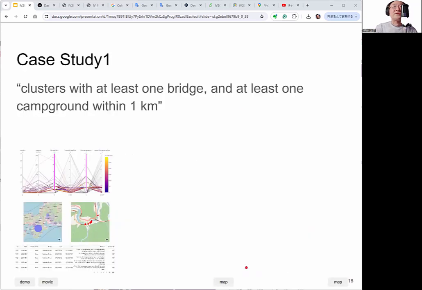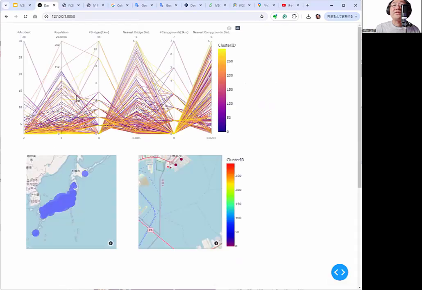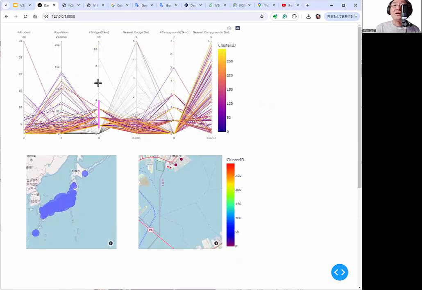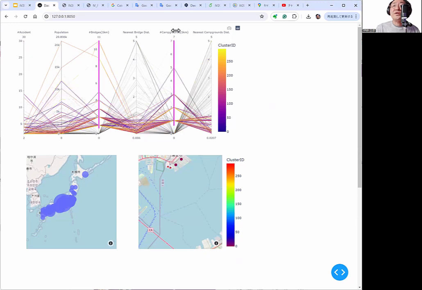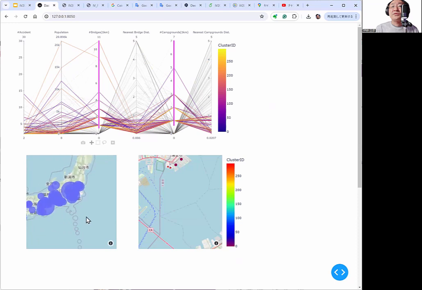So I'll show some case studies. First one, we select clusters with at least 1 bridge and at least 1 campground within 1 kilometer. I'll show the demonstration. First, I select bridge and campground. Then results are displayed on the map.